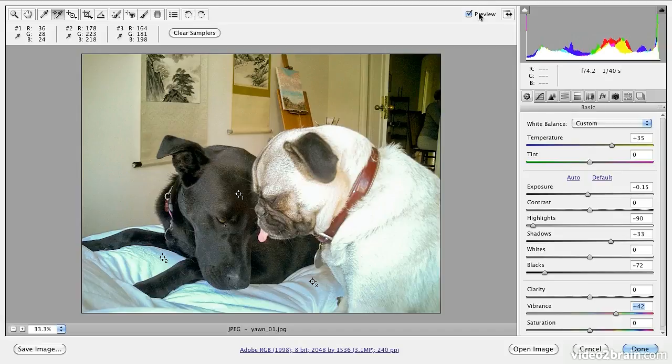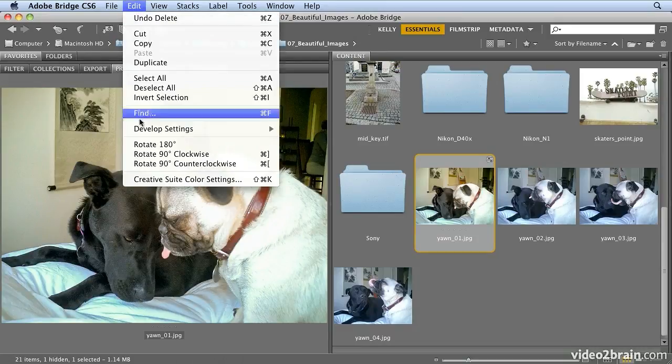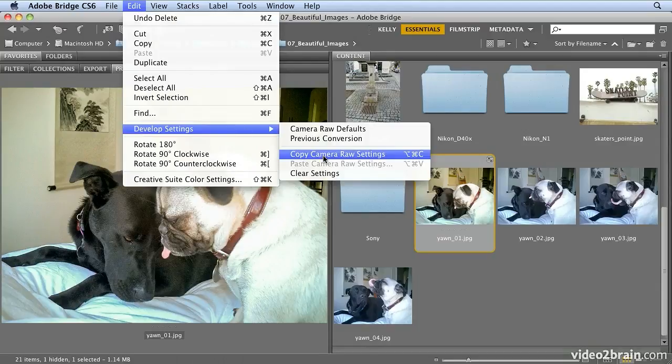So watch where we've come. I will check and uncheck preview to see a before and after. Before, after. It's like you don't know how bad it is until you fix it so that it's better. Amazing corrections, and I can usually do this in less than 2 minutes. But wait, there's more. When I hit done, Bridge has corrected this, and now I can choose Edit, Develop Settings,